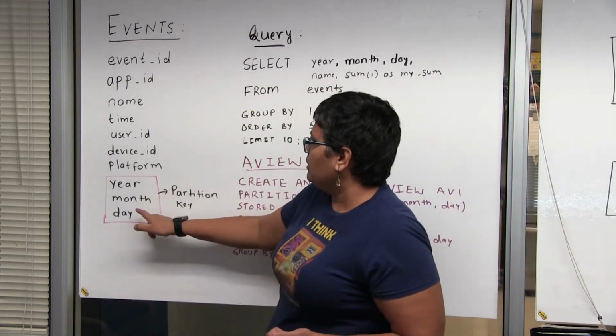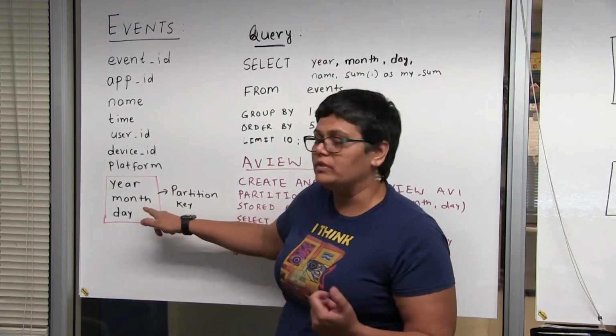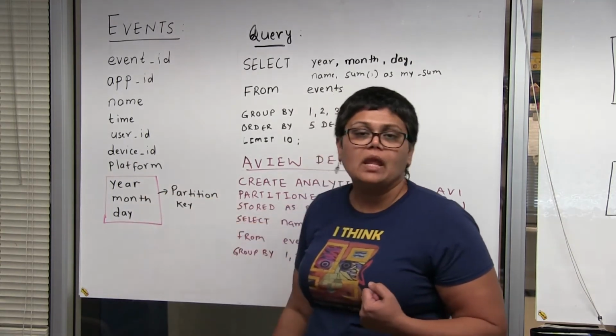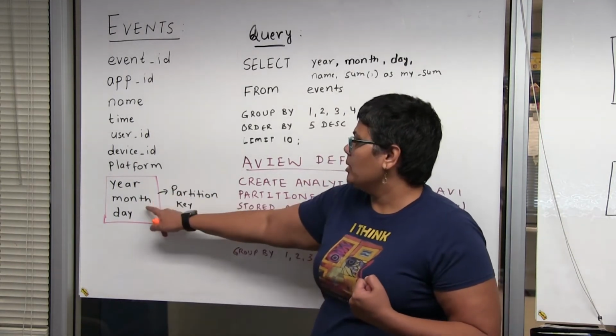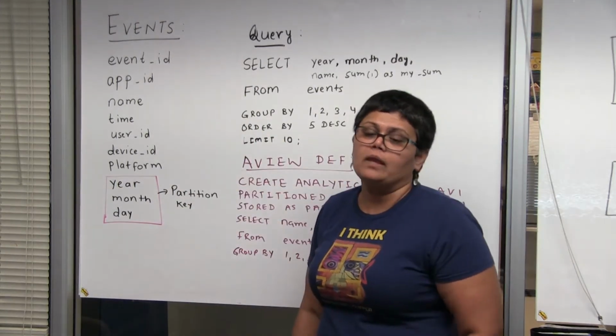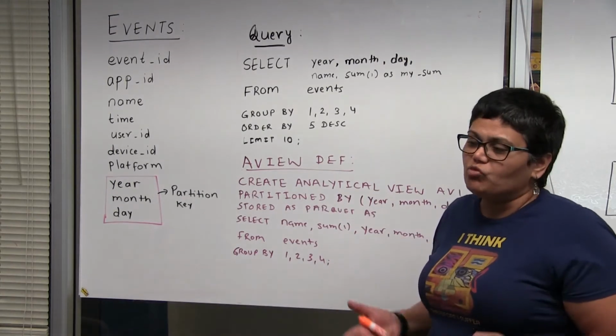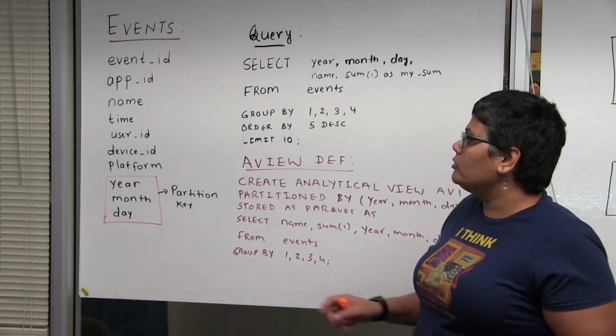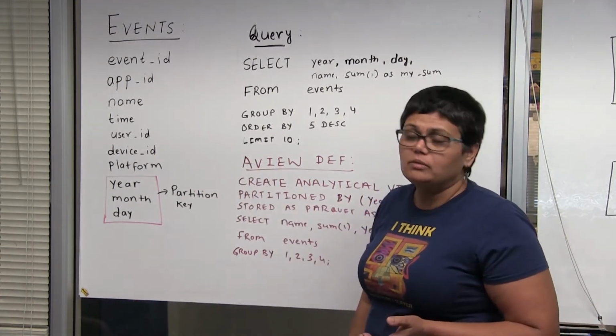Another important thing is the day of the event, let's say year, month, and day. In my case, year, month, day together also form the partitioning key of this events table. Now, a pretty normal query that anybody would want to write to get some information out of this events table